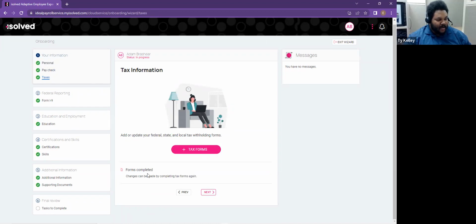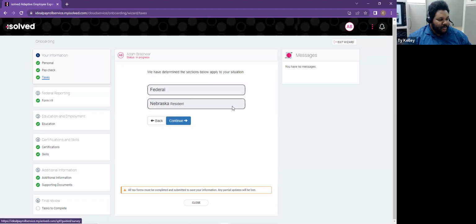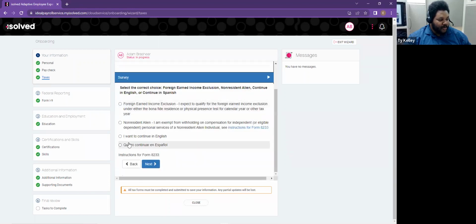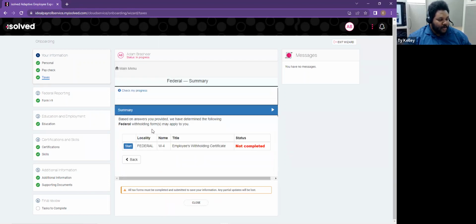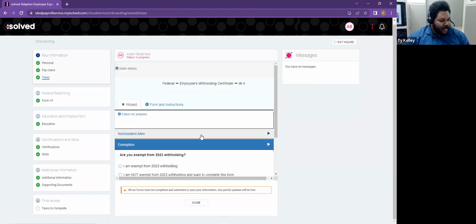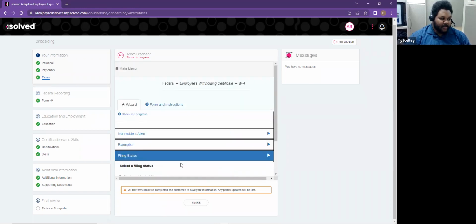So that they can keep track of what they need to do. Forms, I've already completed them, but if they need to go in and fill out their W-4 for their different places, it will actually walk them through the wizard. I want to complete this in English. I can start it. I am a non-resident alien. I am unfortunately not exempt from taxes. That would be pretty awesome if I was, but